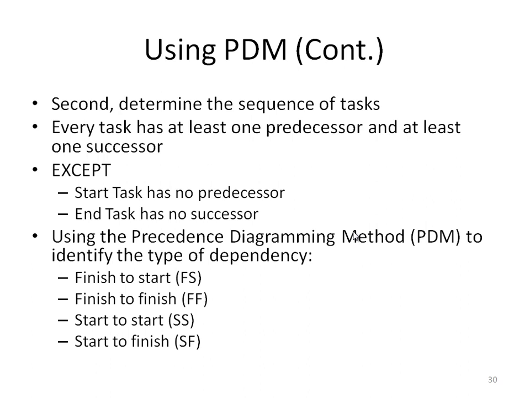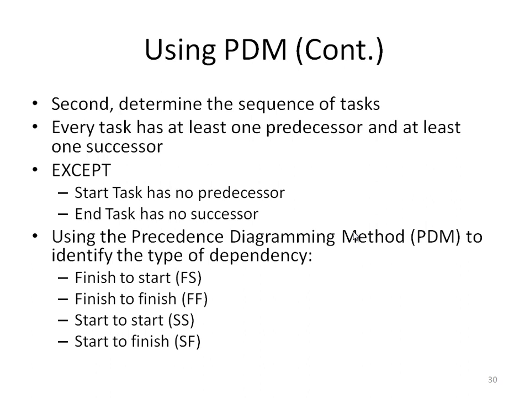We are going to determine the sequence of tasks, and every task has at least one predecessor, unless it's the first one, and at least one successor. Exceptions: the start task has no predecessor and the end task has no successor, of course. Using the precedence diagramming method to identify the type of dependency, that's important, so we know that finish to start